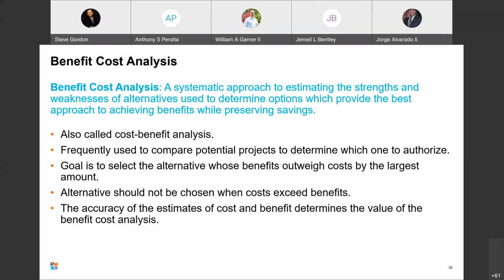Who can provide an example, and it can be in your personal life as well, where you may have, whether formal or not, applied a benefit, or let's call it, I'm used to saying cost benefit analysis. Who's applied that? Give me an example, please. Anybody bought a house, bought a car?